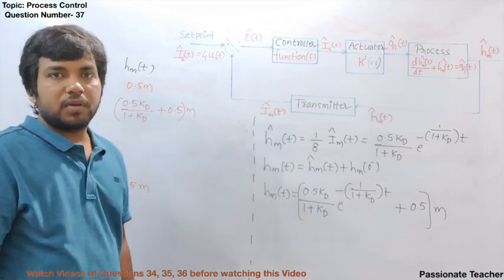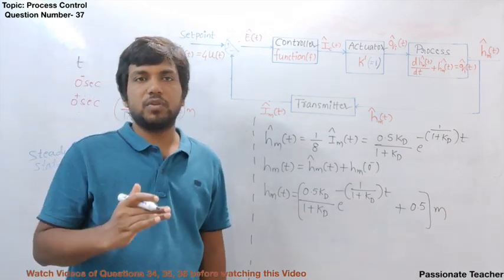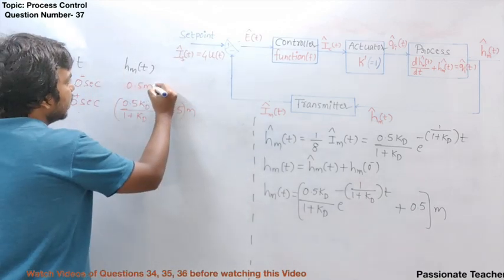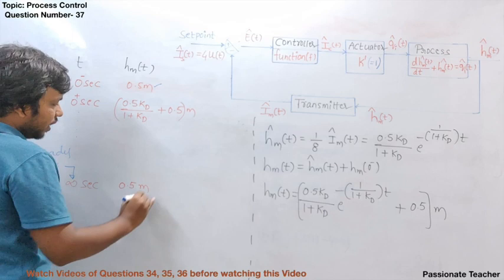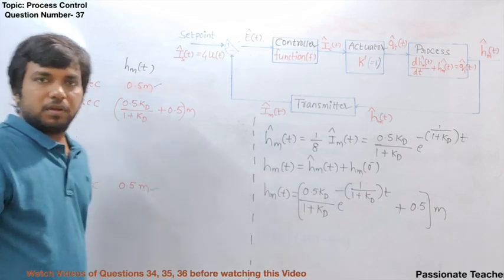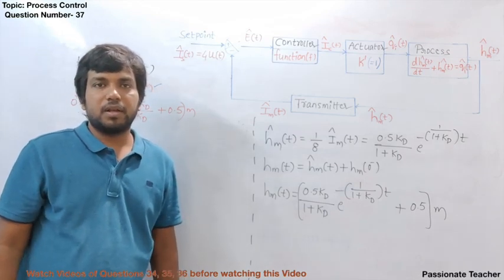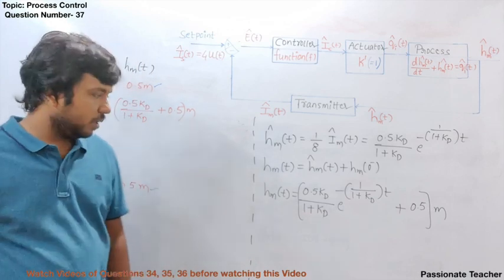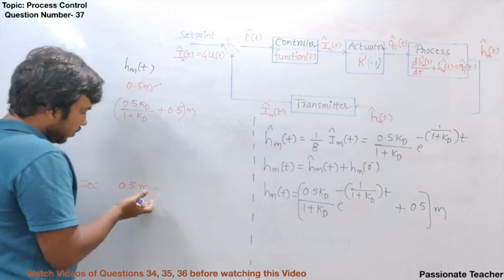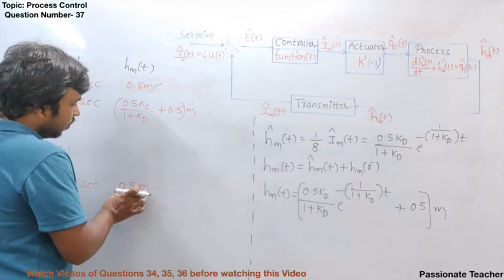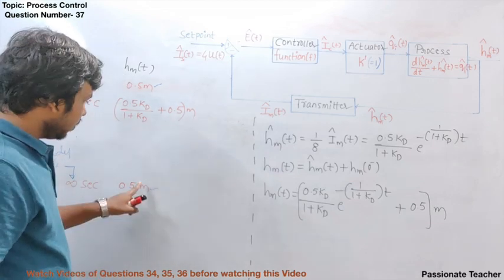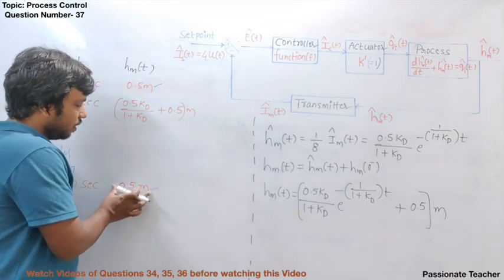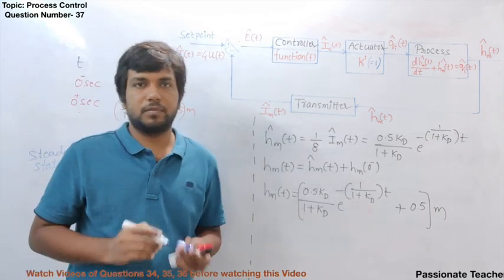But how much should it be equal to? It should actually be equal to 1 meter. So in fact, whatever the initial value of the water level we had, we came back to the same value, right? That means the rectification was not done properly. You are not able to reach the required value. So if you evaluate the error here, you are going to get a lot of error, because we need to get 1 meter. Unfortunately, we got only 0.5 meter as the value of the water level.